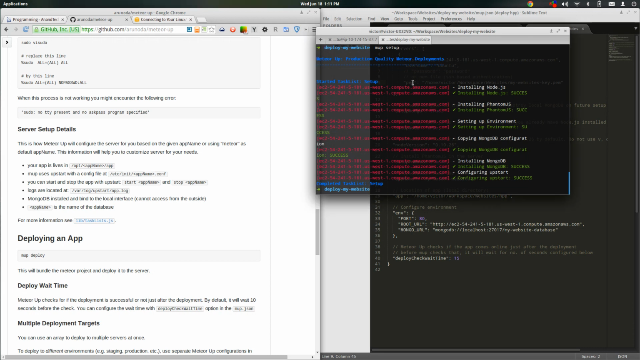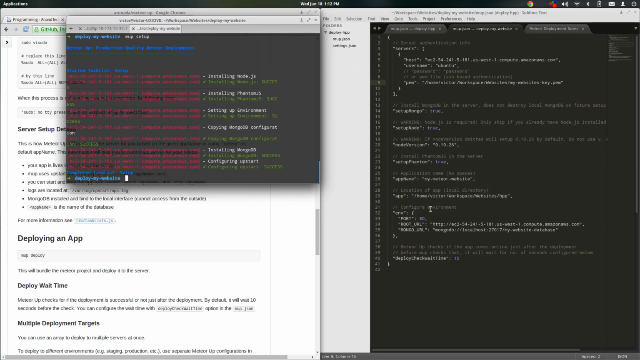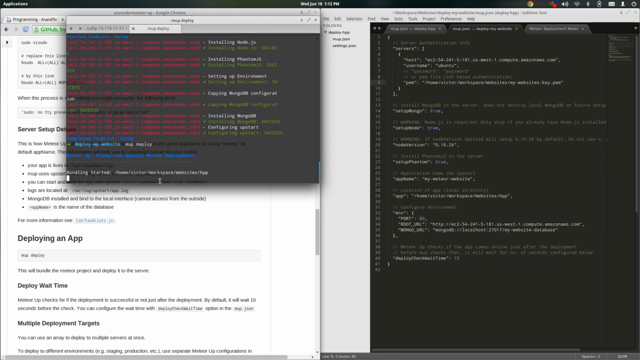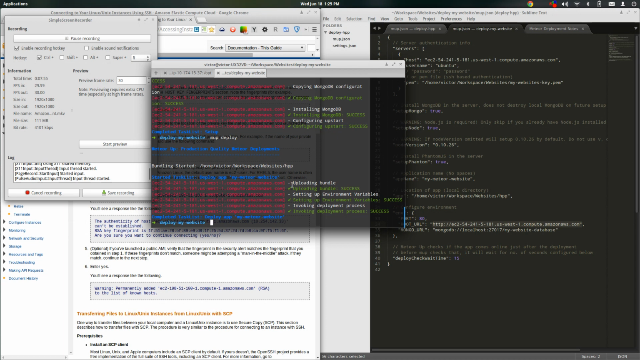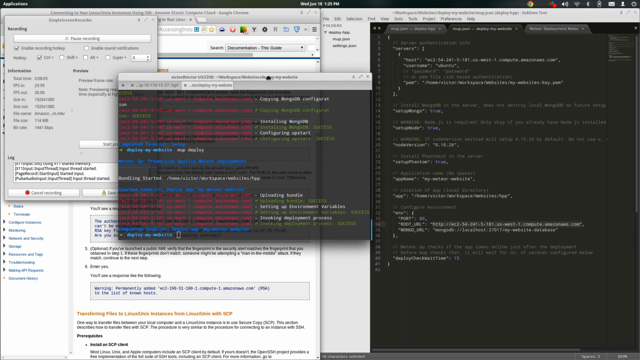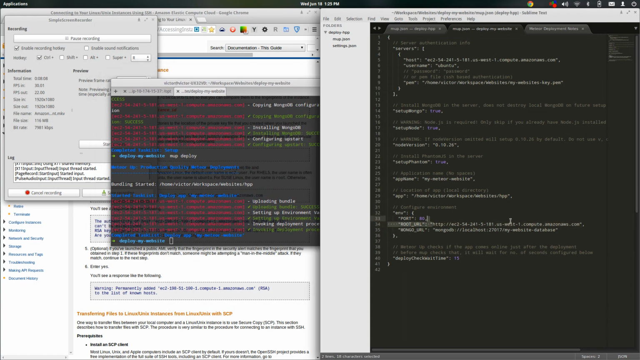Now let's just deploy our app. And again, it's going to read from this file. It knows our application name and the location of our app, so it's going to deploy this app to our server. mup deploy. And this is another step where you just kind of wait around for it to finish deploying. Great, so it is done deploying. Uploading was a success, everything else was a success, and now we can finally go check and see if our website is working. So you want to copy the root URL,